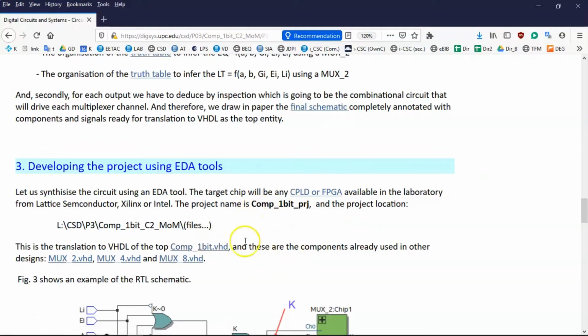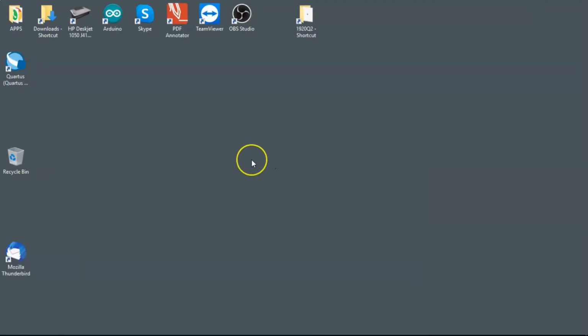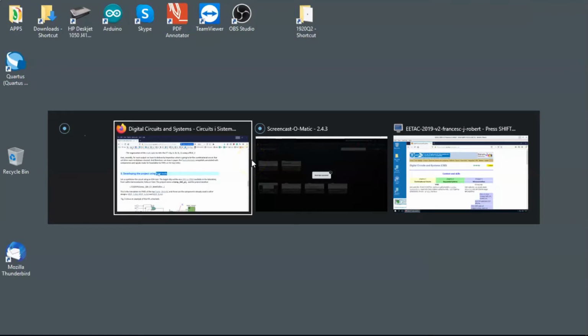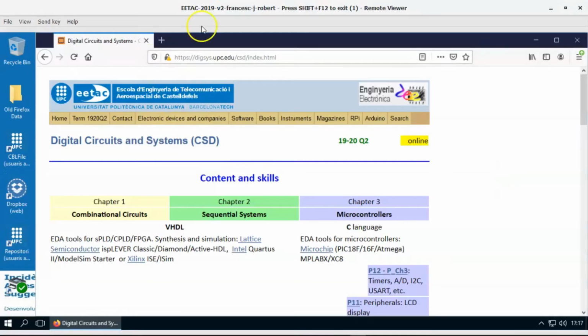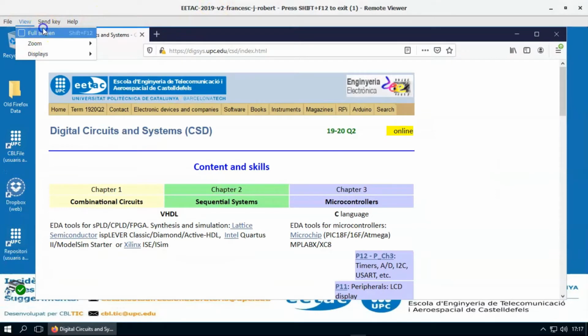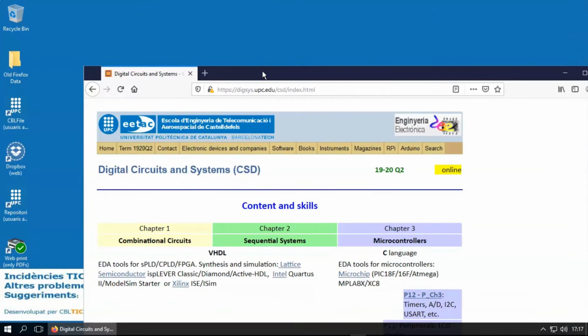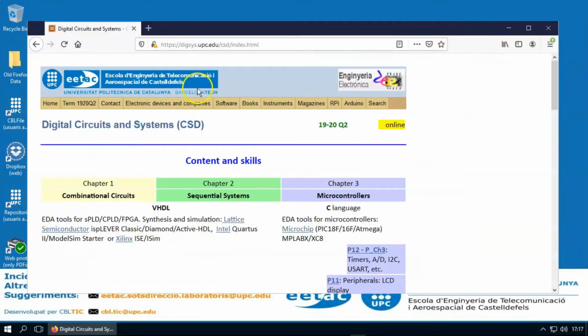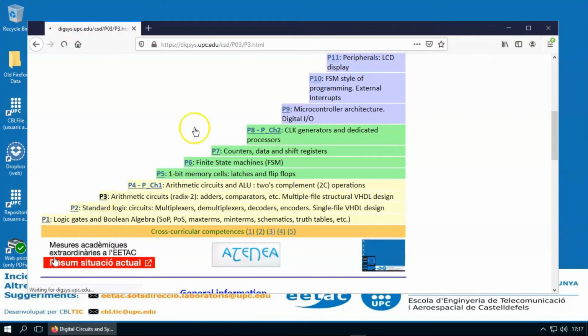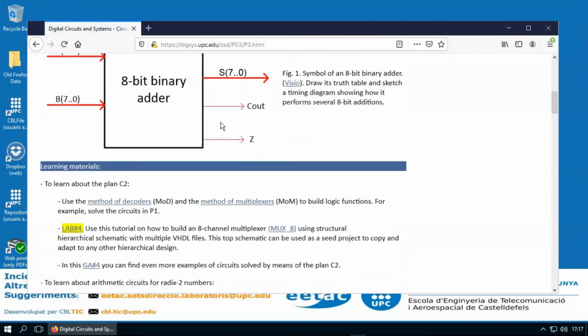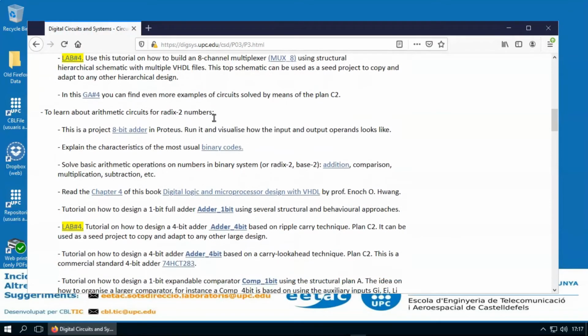Well, in order to start, you better go and switch to Rabada, because now the idea is to use EDA tools. So you can go and switch your laptop to the Rabada environment, just generating a full screen. This is better. So now we are in another computer in this presentation. So here we are, the same DIGSYS. So we go to home and we go down to P3 and we try to find here the location of,